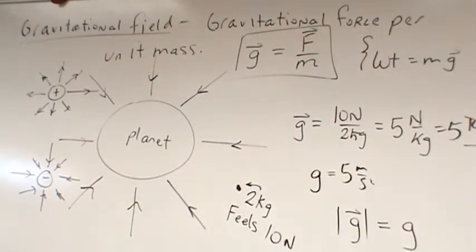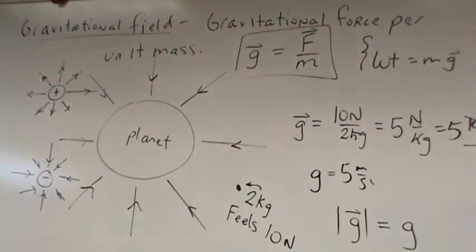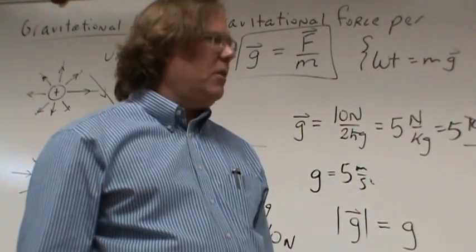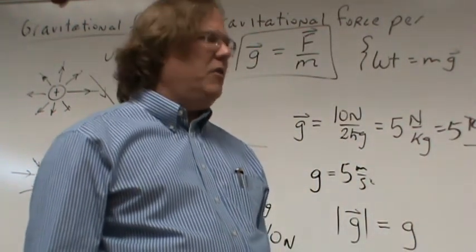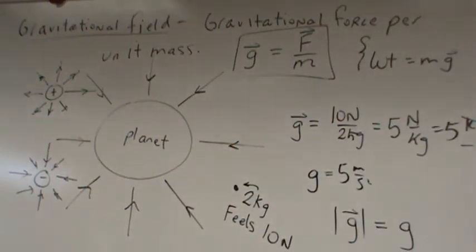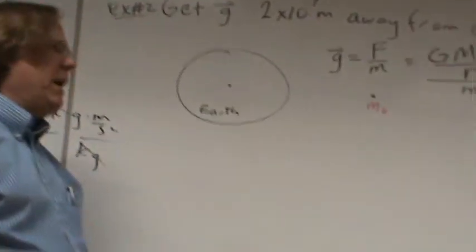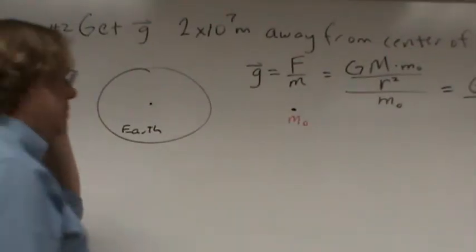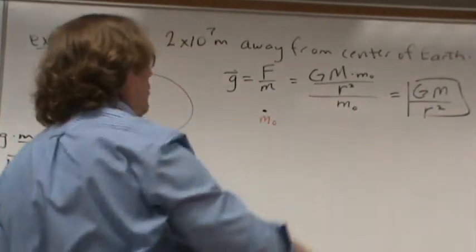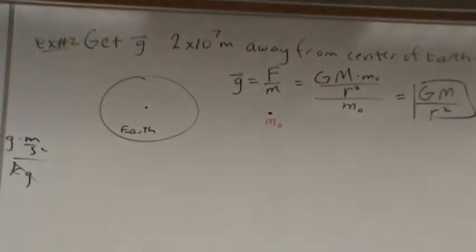And so I end up with just Gm over r squared. So just as electric field in the vicinity of a point charge is given by kq over r squared, the gravitational field in the vicinity of a large mass is going to be given by Gm over r squared. And if you don't remember this, you can just always go right back to your Newton's law of universal gravitation